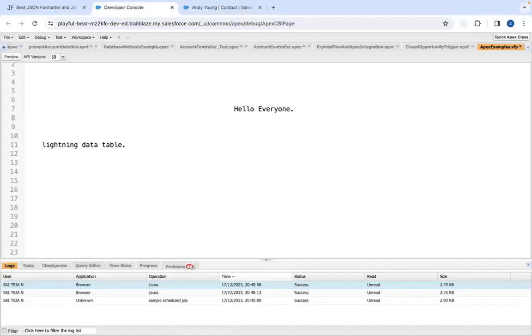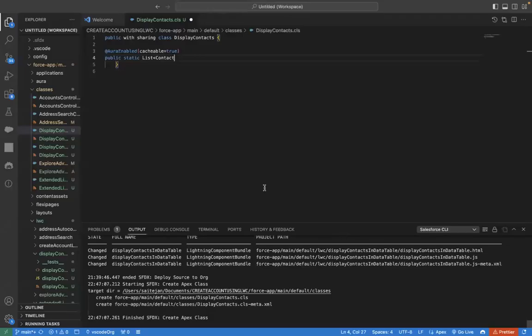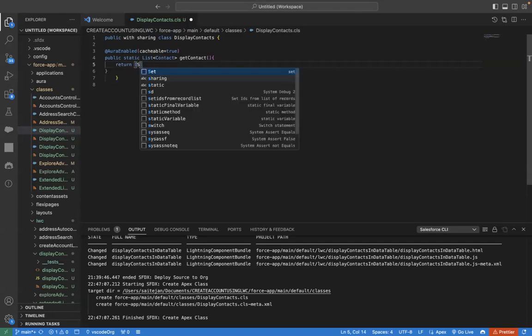So we'll try to get back into the Apex class. Public static list contact. So our method name is going to be getContact. And now we should be returning our method. So what we are doing is that we are trying to return the list of contacts. Okay, select